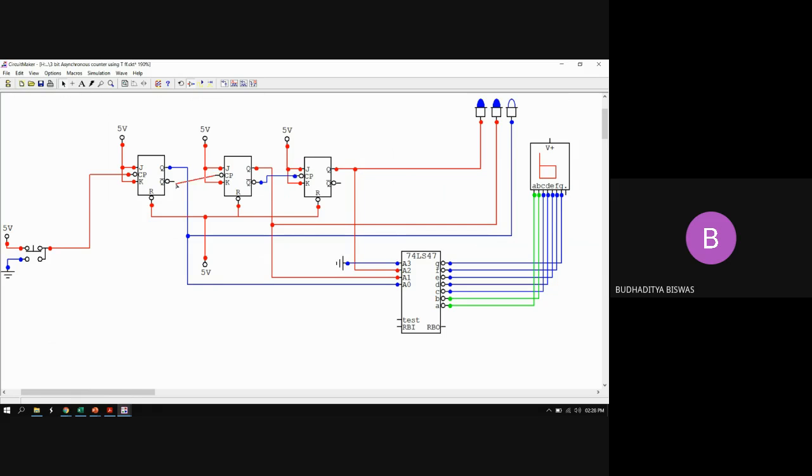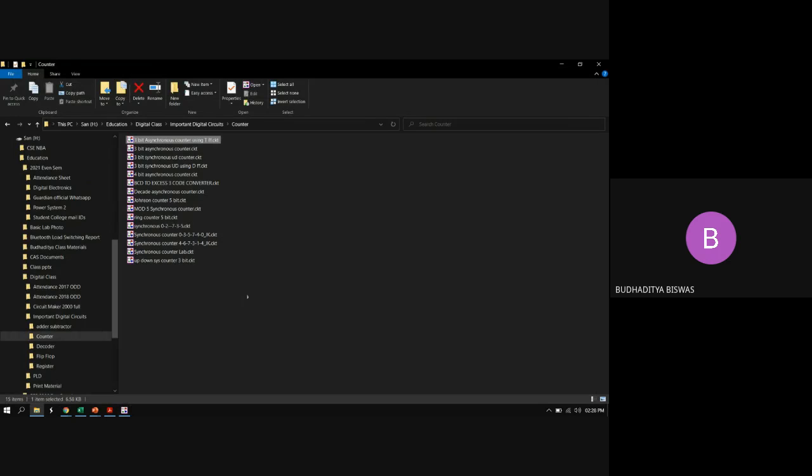Now you see, if I run the circuit and give the clock pulse, it will start counting down 7 6 5 4 3 2 1 0 7 6 5 4 like this. Okay. So this is the technique for designing the up-down asynchronous counter. Got it?